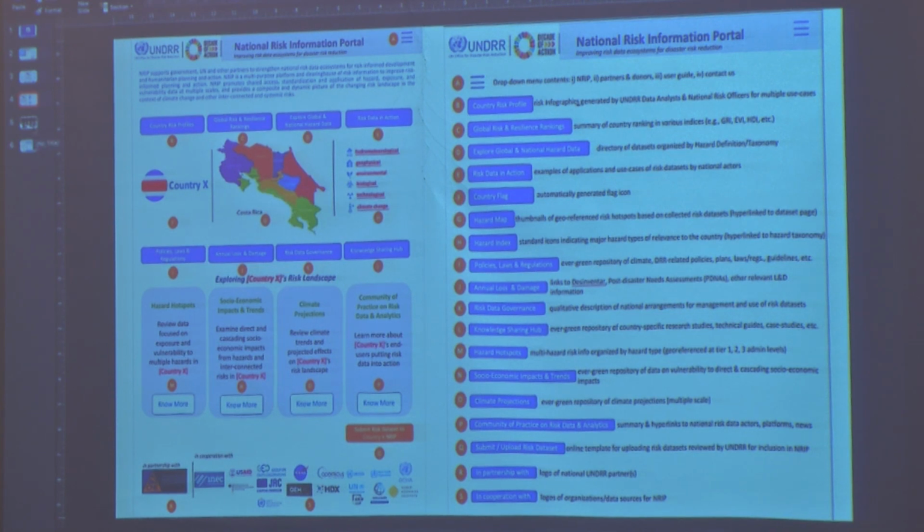Again, we're looking at links to Disinventar, the next generation Disinventar. For those of you who may not be aware, Disinventar is the loss and damage platform that UNDRR has disseminated to member states. It's quite old. A second generation product is being developed now. It will be ready for rollout by the end of this year. But ultimately, we see the NRIP and the second generation Disinventar eventually converging, so the user experience is a more fluid one at UN member state level.